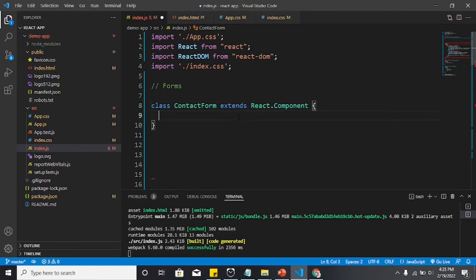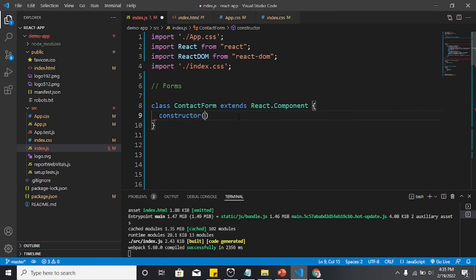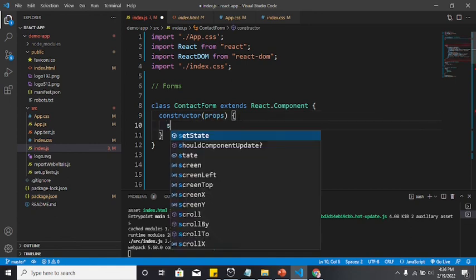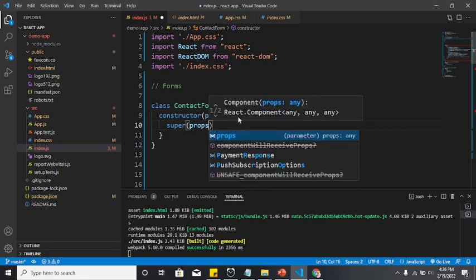And then here, as we said with classes, we have to pass a constructor with the props. You are going to find this mostly when you are dealing with a class-based React application. So here we are going to pass the props like this, and then